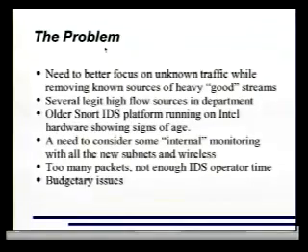So here's the problem, and actually I'll do it in reverse order. We have budgetary issues. I get money to upgrade our IDS system about every 5 years. I've got about 1.5 years to go. I need a way to better focus on unknown traffic while removing several sources of good traffic that is coming out of my department. In particular, I'm a Human Genome Project site in my organization, which is the #1 producer of outbound traffic on the campus. And we are #2 in that we have a Red Hat ISO mirror, fortunately located onto my wire as well.